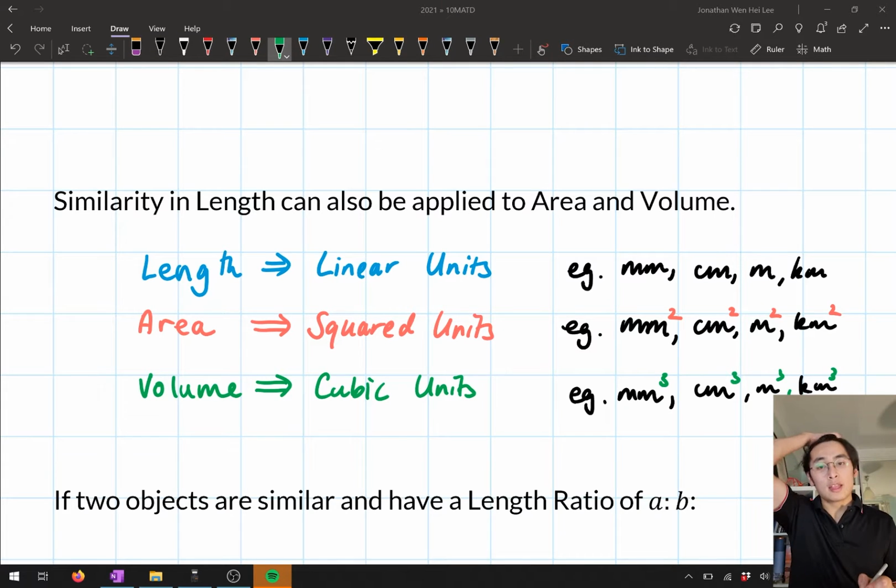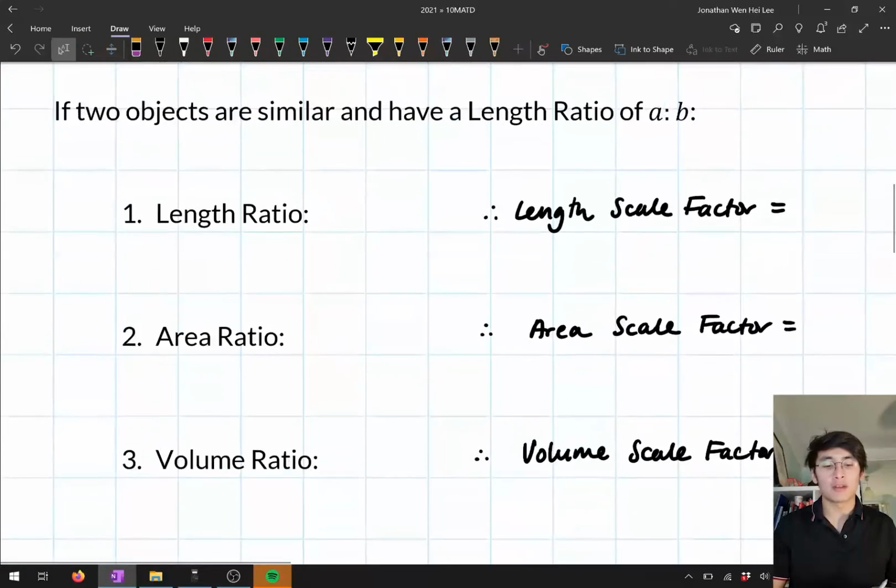Now you might be wondering, why does this all actually have to apply with similarity? Well, what we've looked at so far is similarity in one dimension, so linear similarity, when we're looking at different lengths. When we look at finding similar shapes in other dimensions, so when we're looking at similar shapes and the areas, for example, or similar shapes and the volume, if we're looking at 3D shapes, what we need to do is either for area, square those units, or for volume, cube those units. And so here, if two shapes are similar and have a length ratio of A to